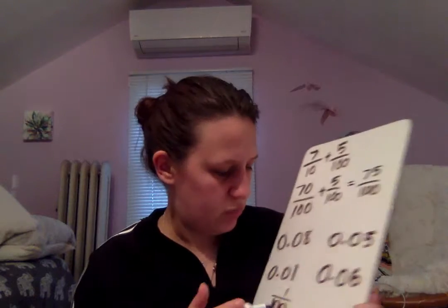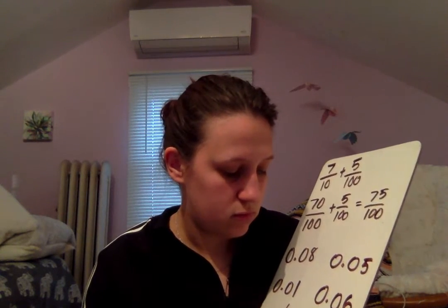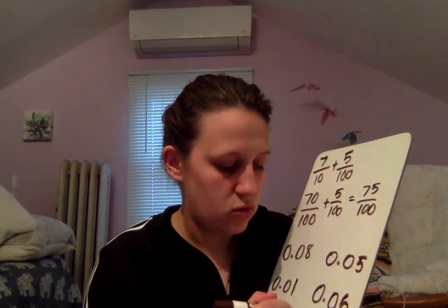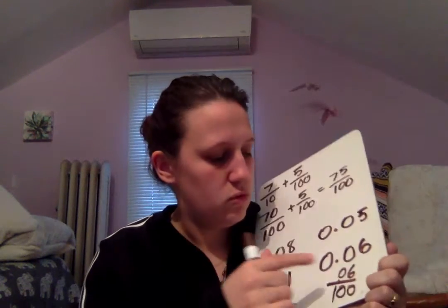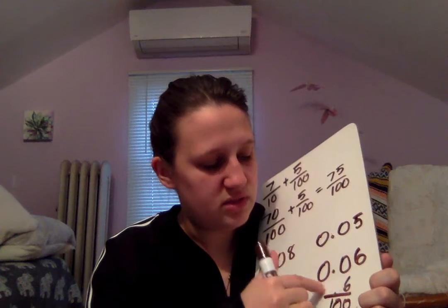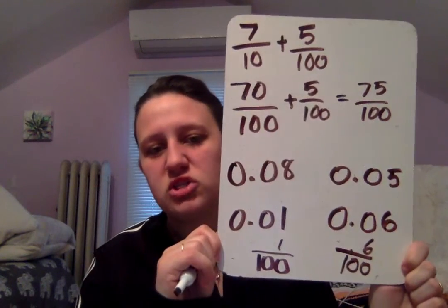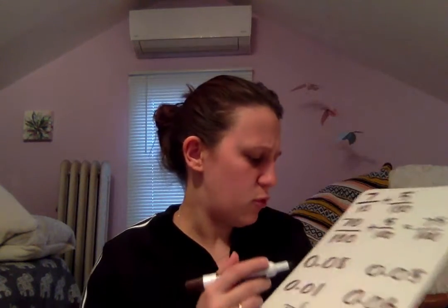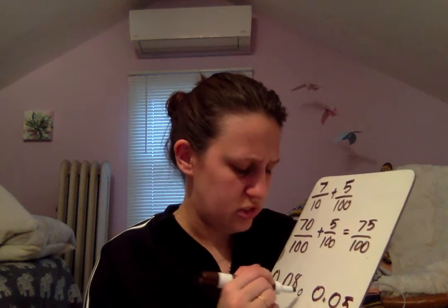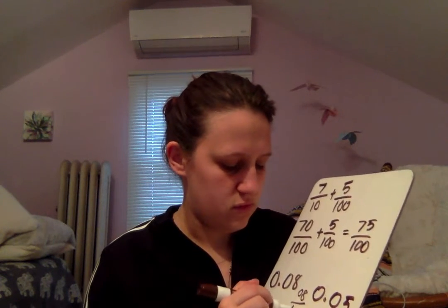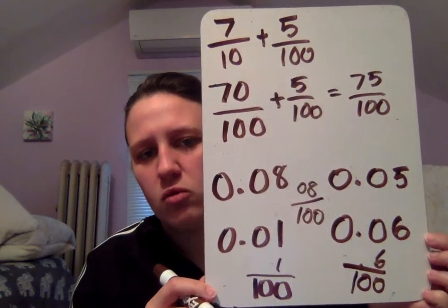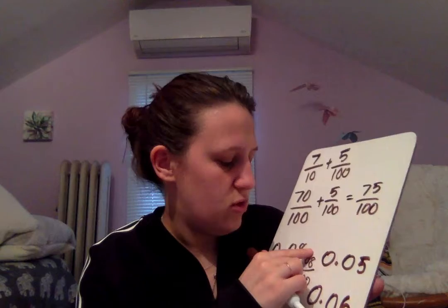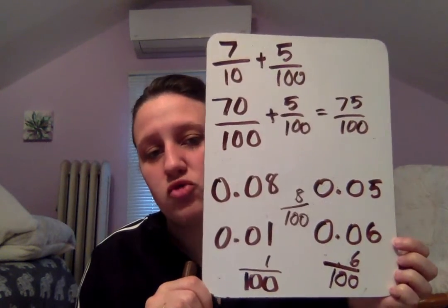How about this one? This would be out of 100 again. This would be 0, 6. But do we ever say 0, 6? No. So we would knock out that 0 at the top because you don't need to say 0, 6. It would just be 6. What about this top one? 0, 8. Okay, well I'm going to put a 0, 8 to remind myself. Out of 100 because there's two numbers on the end. Oh, but it's not 0, 8 because 0, 8 is not a number that exists. It's 8 over 100. When you say a